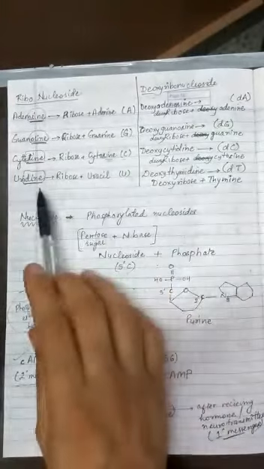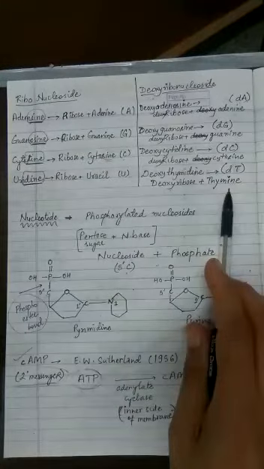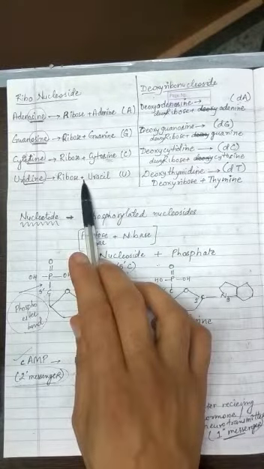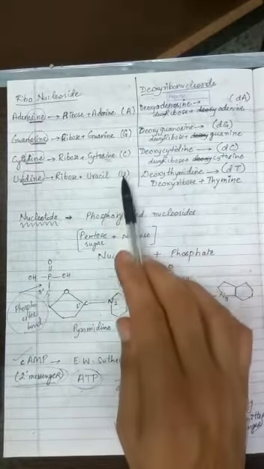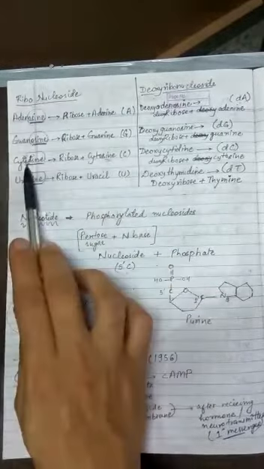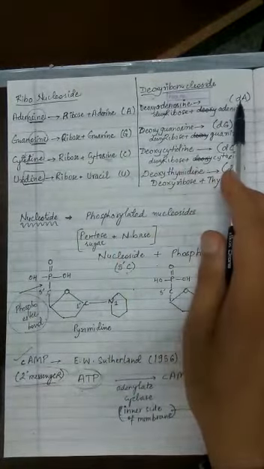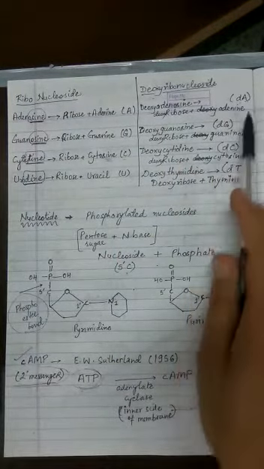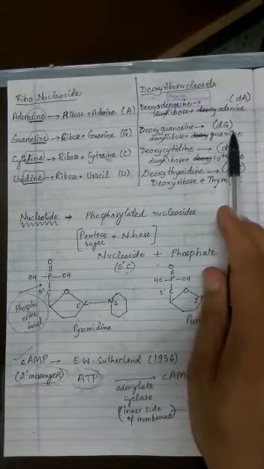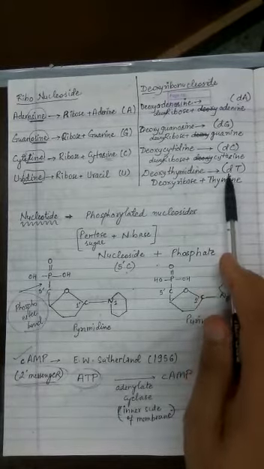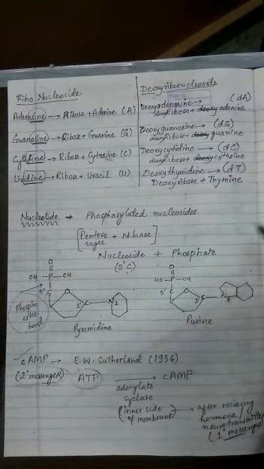Remember, uracil is present in RNA, not found in DNA, and thymine is found in DNA and not found in the RNA. Now pay attention to one more thing. Similar symbols are used here. A, G, C, U are used for adenosine, guanosine, cytidine and uridine, and in the case of the deoxy you simply put a small d in front because this will represent deoxyadenosine, deoxyguanosine, deoxycytidine, deoxythymidine. Please remember these symbols also.